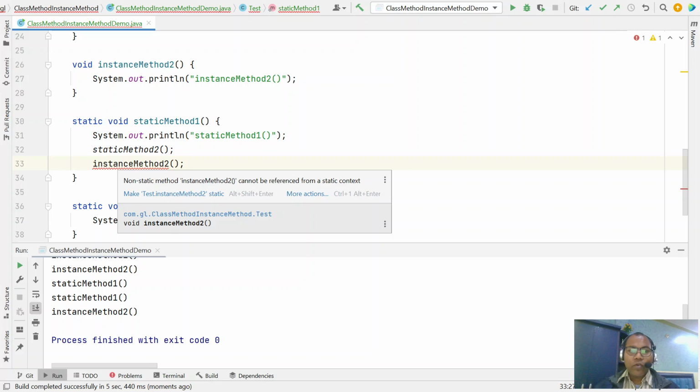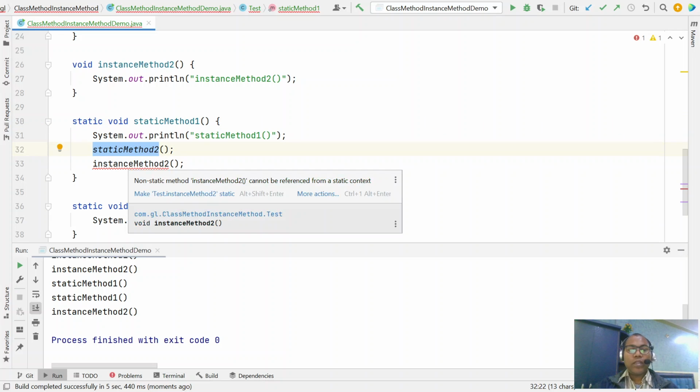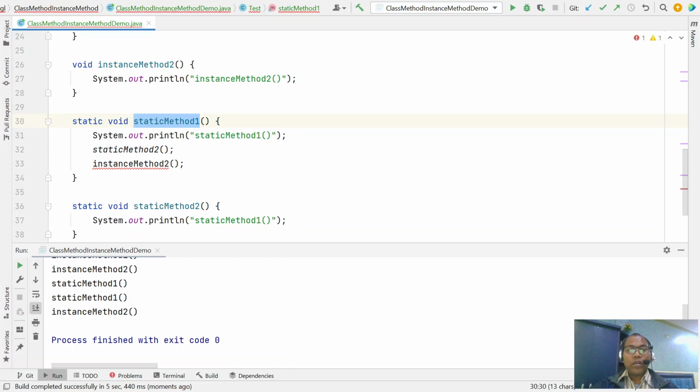So the thumb rule: a static method can directly access only static methods but cannot directly access any instance method.